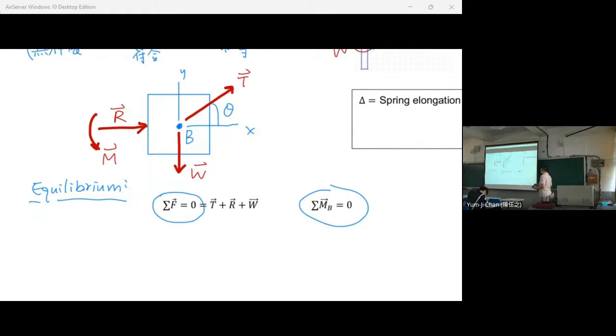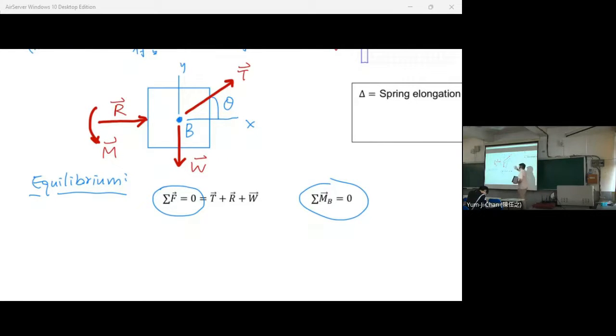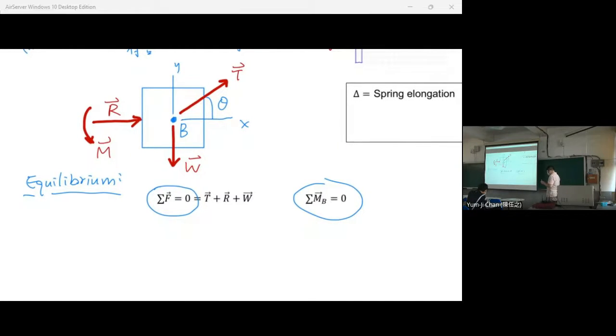If you don't know what to do and you know it is about equilibrium, first write this down and then at least you will get 1 point, right? At least you will get 1 point. Now, for equilibrium,